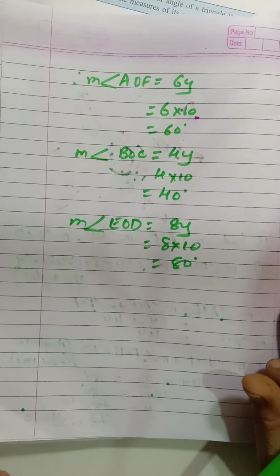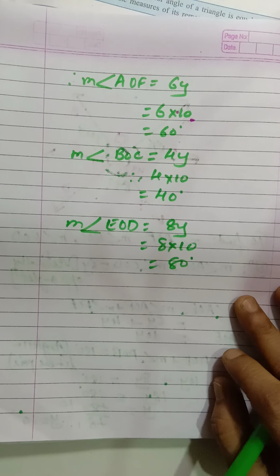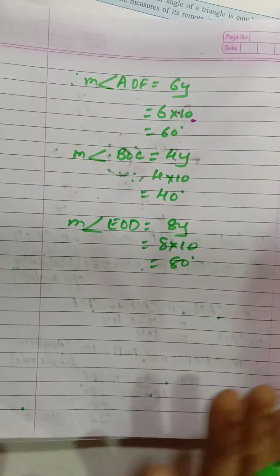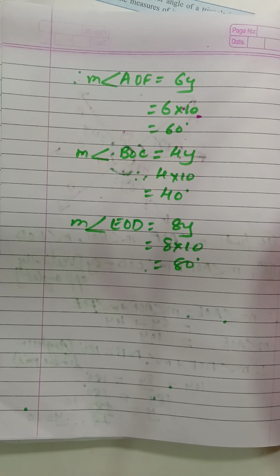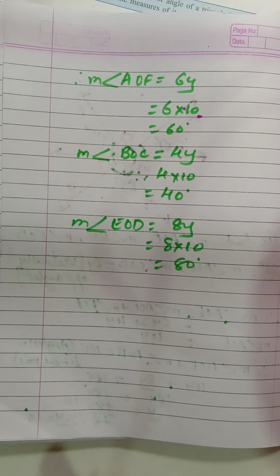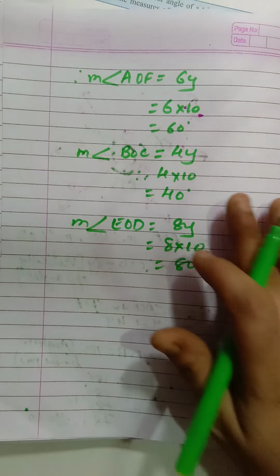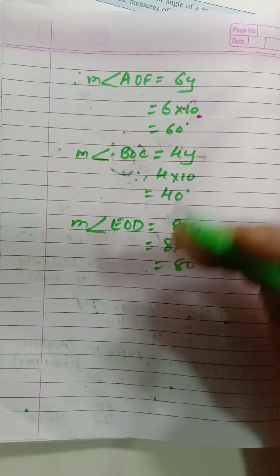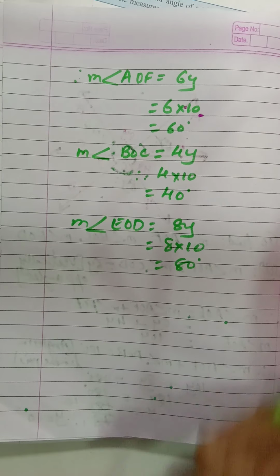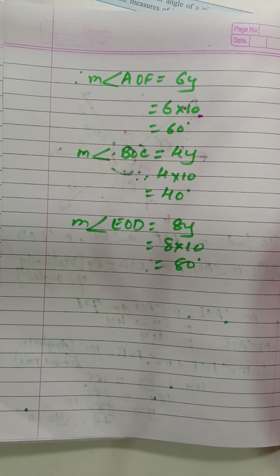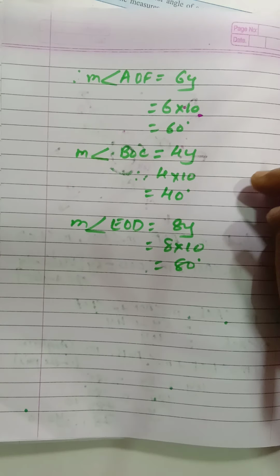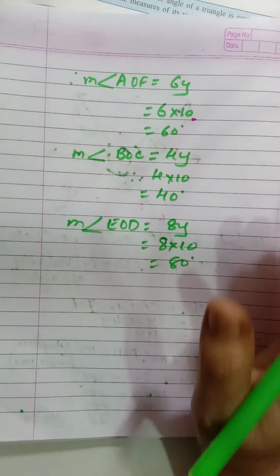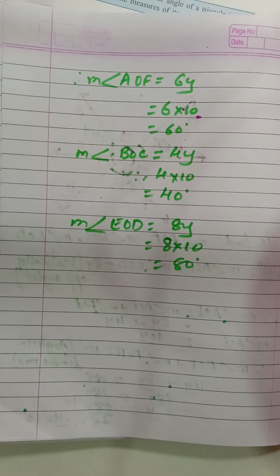Children, I know it is a little tricky, but if you solve it two or three times again, closing the book and practicing in your rough book, this type of sum will be clear to you. It is easy but it may confuse a little. Since we cannot face each other, I am not able to understand whether you have understood the concept or not. If you have any doubt, you can send me a message.